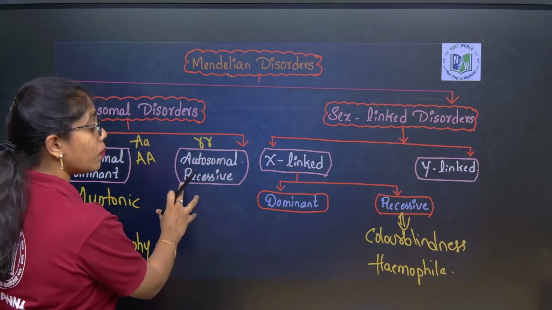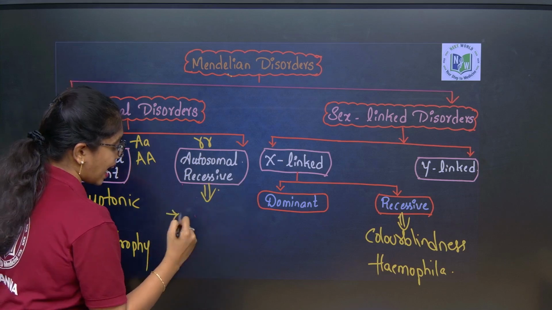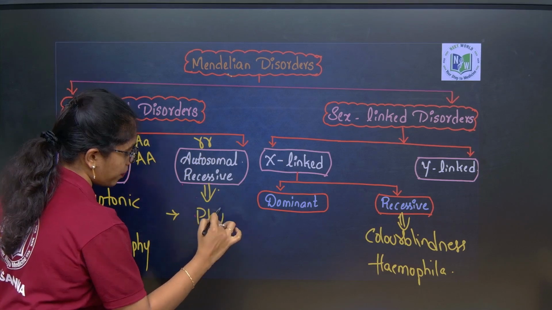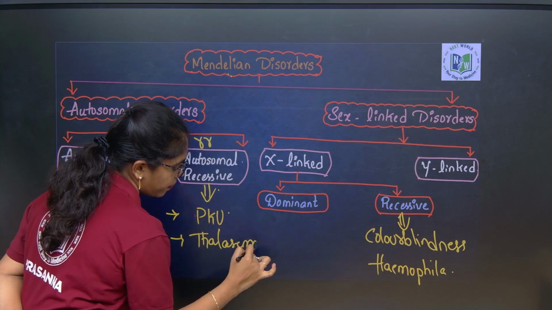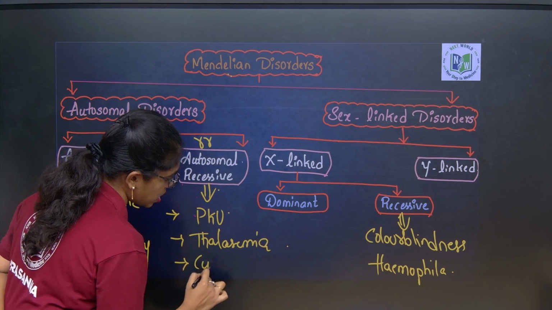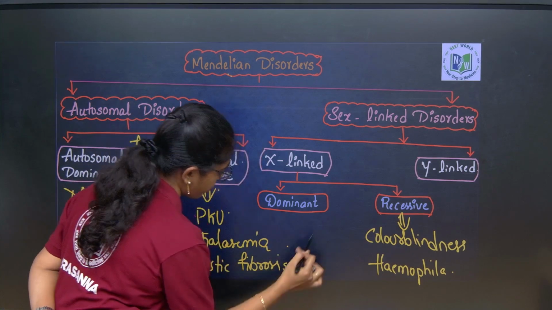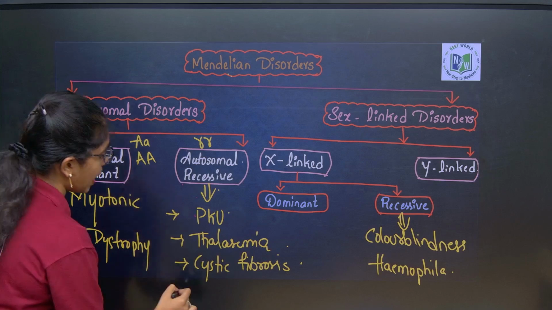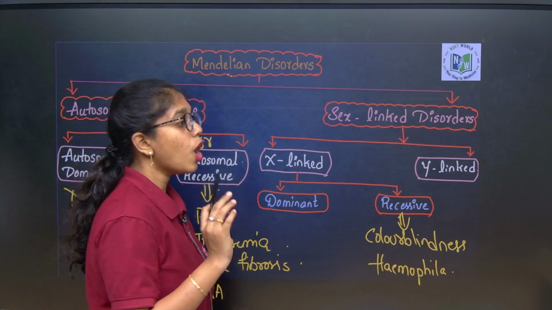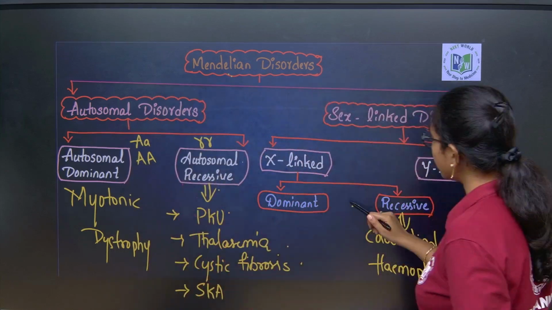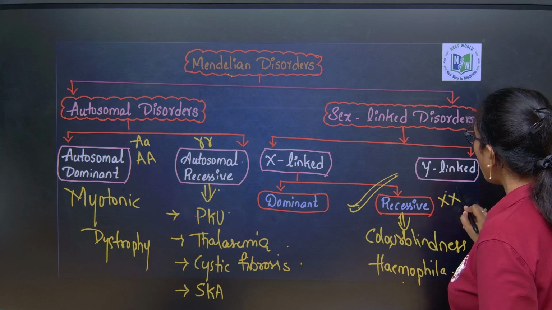Here, autosomal recessive disorders are expressed in homozygous recessive conditions. The diseases list is huge: phenylketonuria, thalassemia, cystic fibrosis. Fine. So, these are the diseases, and last but not the least, sickle cell anemia, which is also called a point mutation. And among X-linked recessive disorders, these are color blindness and hemophilia, which are expressed in the homozygous